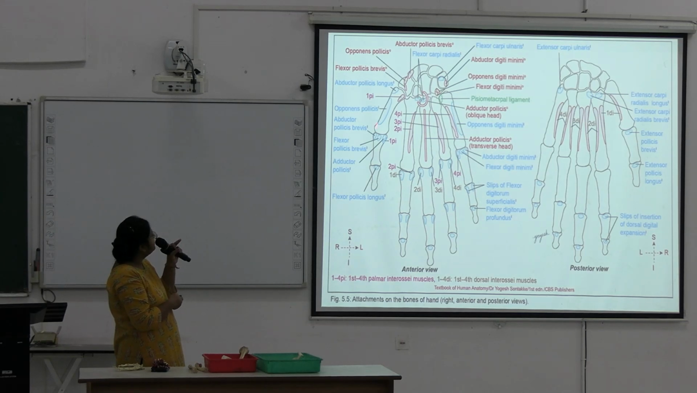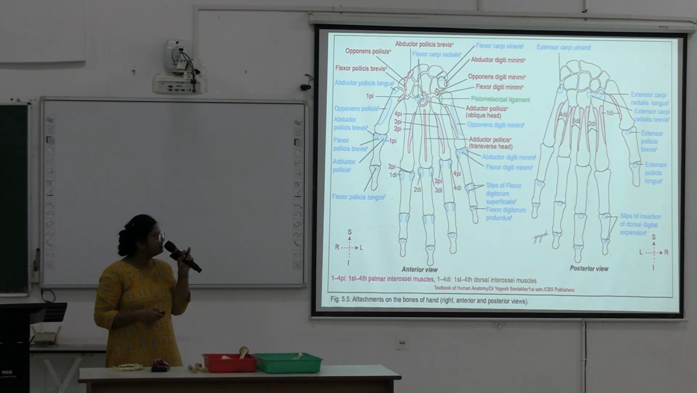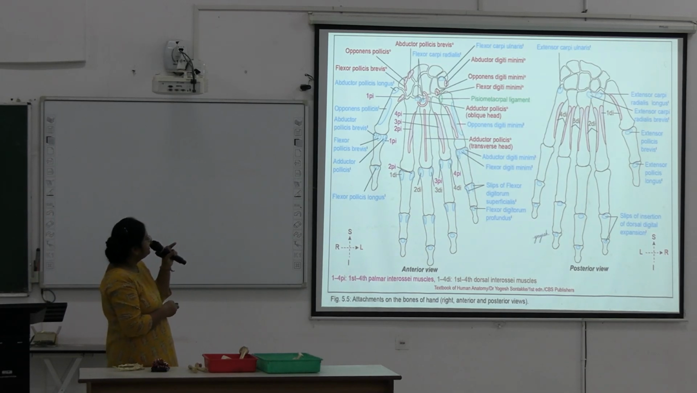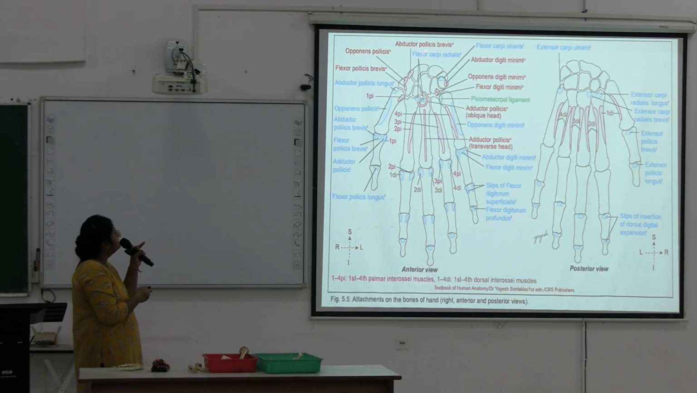These 2 are the origins, and here is the insertion. Adductor pollicis insertion. These 2 heads are coming like this. This is coming horizontally, that's why the name is transverse head, and this is coming obliquely, that's why it is named the oblique head of adductor pollicis. And here you can see the hypothenar group of muscles: opponens digiti minimi, flexor and abductor digiti minimi. These are the attachments, and these 3 together form the thenar group of muscles: abductor pollicis brevis, opponens pollicis, flexor pollicis brevis. Okay, so these are the main